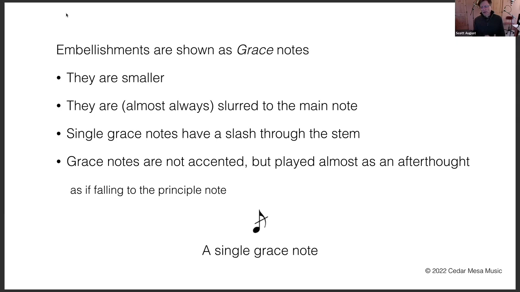And I have to say that the few times I've seen in music where there isn't a slur on the grace note, I think it's an editorial error. Single grace notes will have a slash with a stem, just like the example at the bottom here. Sometimes you'll see multiple grace notes that are beamed together, and they'll have a slash in them. That's really not common, but if you use MuseScore, which is a free notation software, they do that. I usually go in and make it